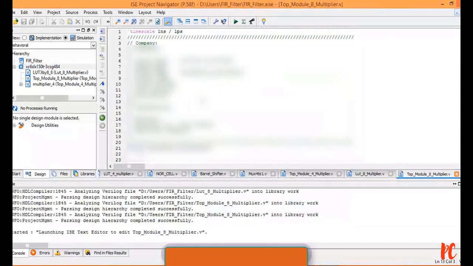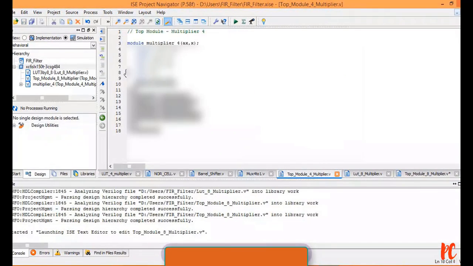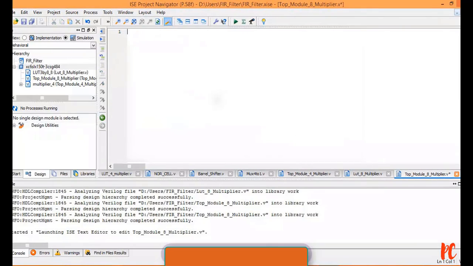Let me clear it all. This is top model 4. I am just copying this as it is. Top model with respect to 8 multiplier.